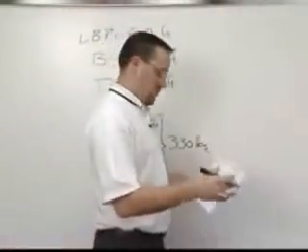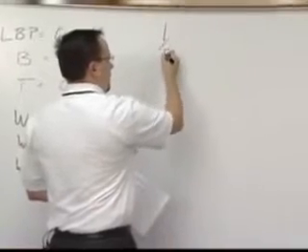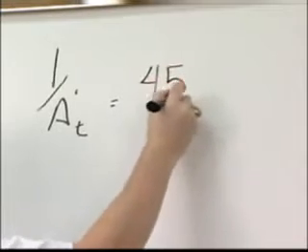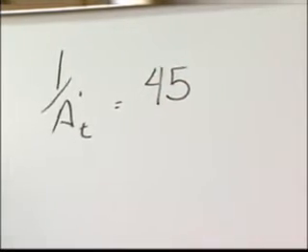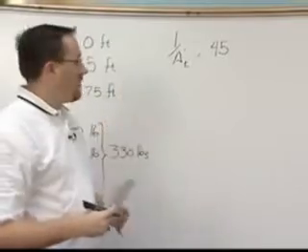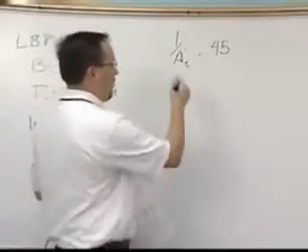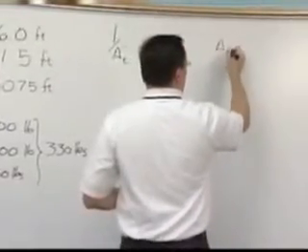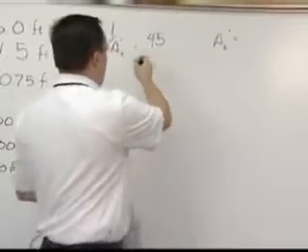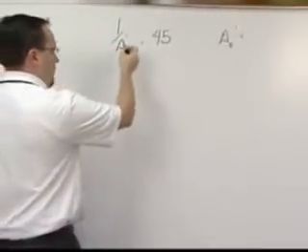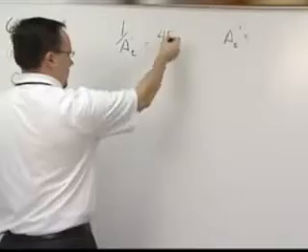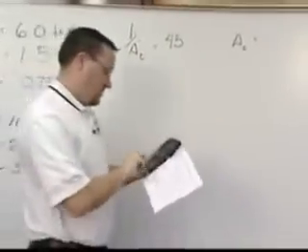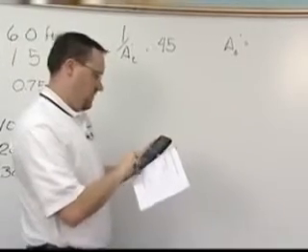All right. Remember, we just calculated 1 over A prime t equal to 45. Okay. We extracted that from our nomograph. First thing I'd like to do is flip this around so I know what A t is, not 1 over A t. Okay? So we'll say A sub t prime is going to be equal to 1 over 45. We can do this by basically bringing the A over to this side and bringing the 45 into that denominator. And since I haven't written that down, let's do it together. 1 divided by 45